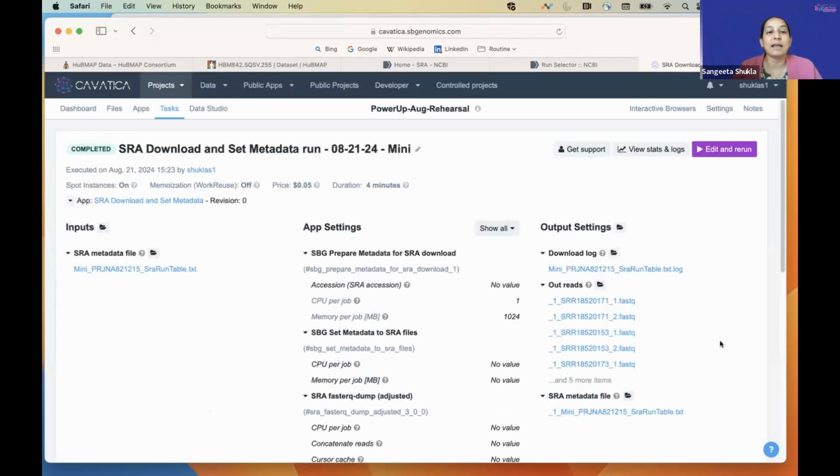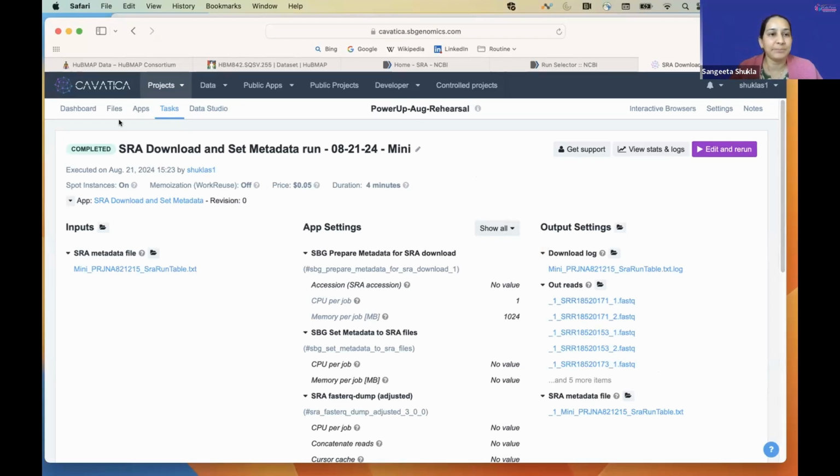Yes, this is what I was talking about. I had run that SRA download and metadata earlier for a different set of accession numbers. And for those, I was able to get the FASTQs extracted. And this was a paired-end read. So I was able to get the output for each of those pairs in the FASTQ format. I'm showing this because all of this still comes from the HuBMAP, and the associated data from a HuBMAP submission can be in different formats. It could be something like just the reads in the FASTQ format, or an entire single cell object, or some visualizations and everything. So I'm trying to make sure that I cover as many aspects of the versions of data